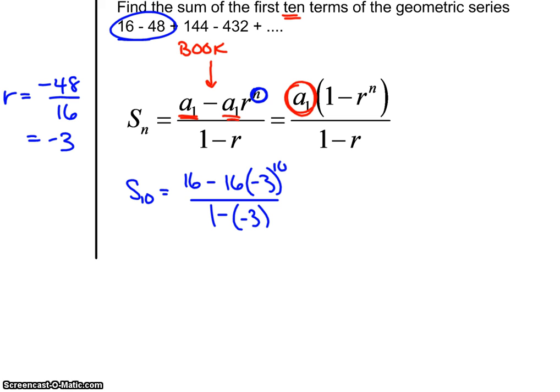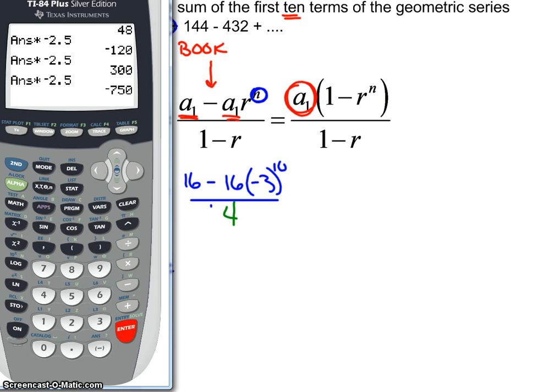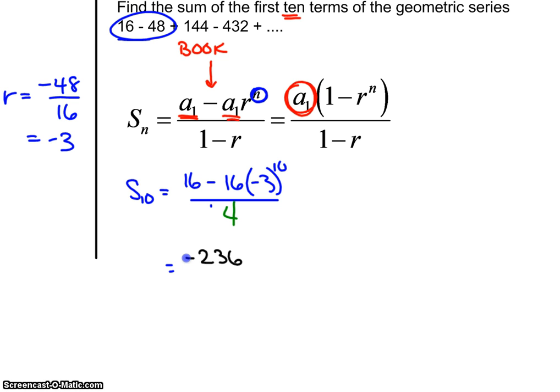Okay. Now, it's easy enough to do this in your calculator. One of the things that I'll always do as I'm going through is I recognize 1 minus a negative 3 is actually 4. You got to be careful when you're typing this stuff into the calculator. But I can type it in exactly as I see it, and I'm fine. Okay. And then divide it by my 4. Okay. Negative 236,